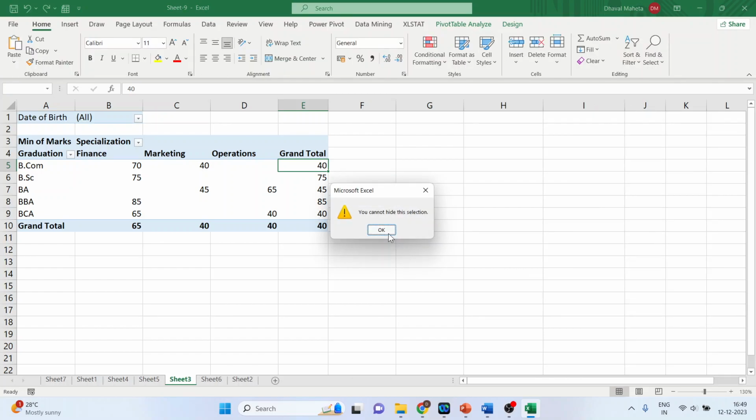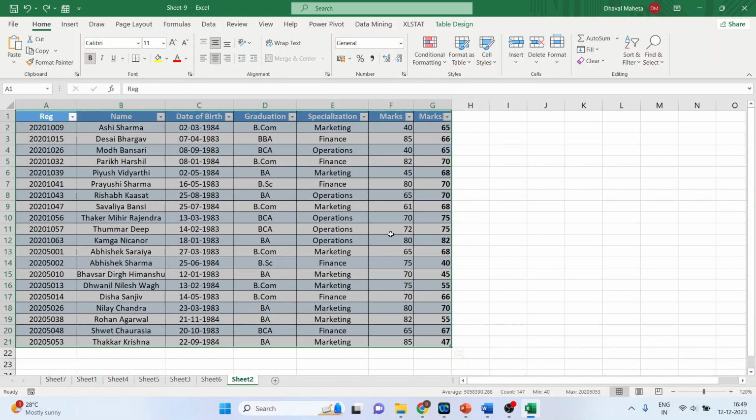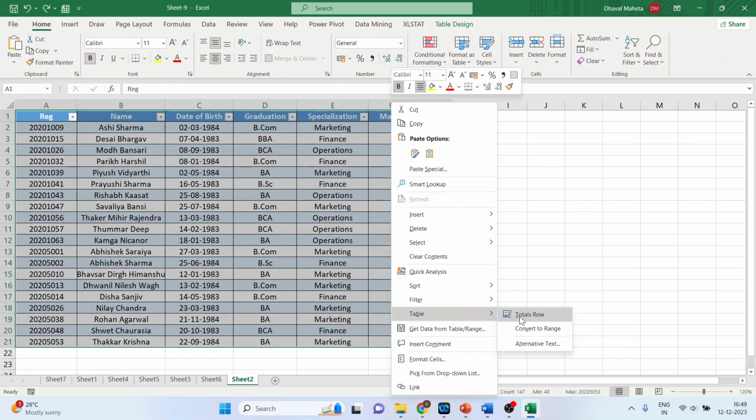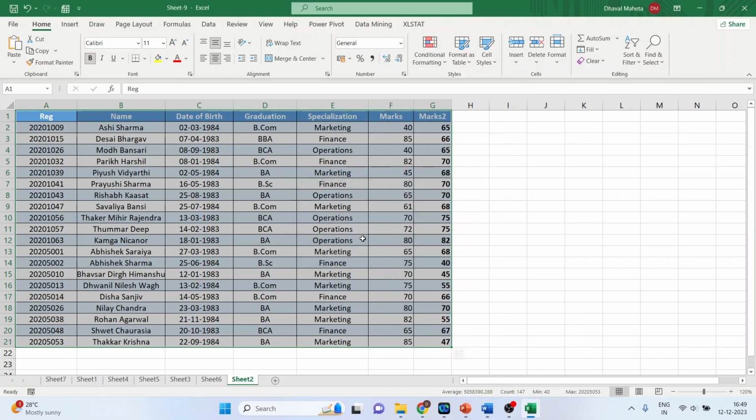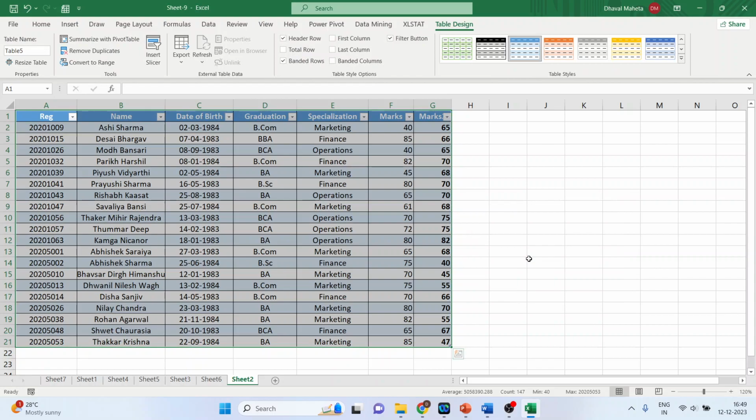Now there is one more interesting feature. We will go again on the original data, and we will create a table, the formatted table from this. So let me give you the briefing of the process. First of all, convert to range. Okay, we'll convert this data range into the table. How we can do this? Insert table, click OK. So as soon as the range data is converted into formatted table,